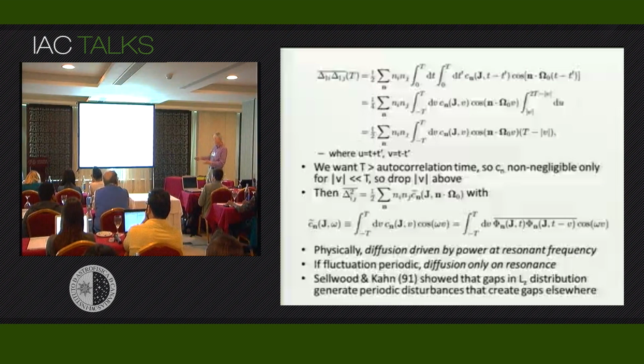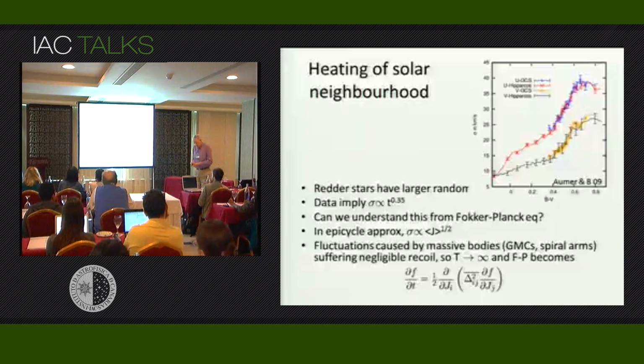So you create another gap at a different place in the angular momentum distribution, which then excites another spiral pattern and so on and so forth. So the disk, if you start off by creating one gap, acquires gaps in other places precisely as a result of this tendency for stars to diffuse when the fluctuations have a frequency with which they can resonate. So you want to think of stars as sort of resonators, antennae, which can pick up power at particular frequencies, and the consequence of picking up that power is they start to wander through action space.